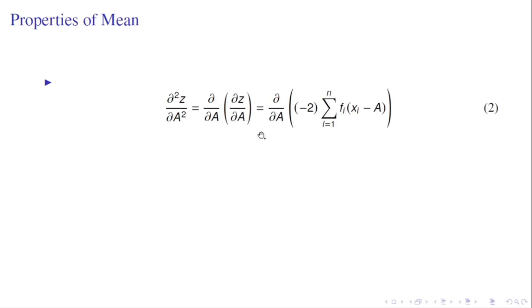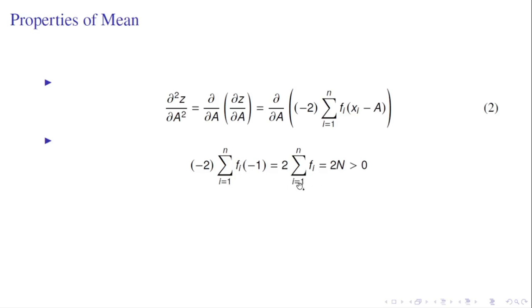This ∂²z/∂a² we have already derived: -2 Σ (i = 1 to n) fi (xi - a). By applying the derivative on this function, here ∂/∂a of -2, d/da of (xi - a) is equal to -1, since d/dx of x is 1 and the other is constant. So this is -1, and -1 into -1 plus 2, that is 2 Σ (i = 1 to n)